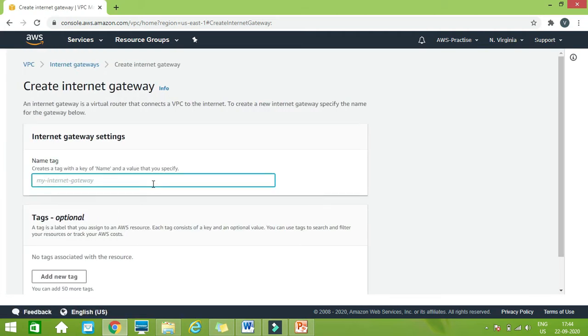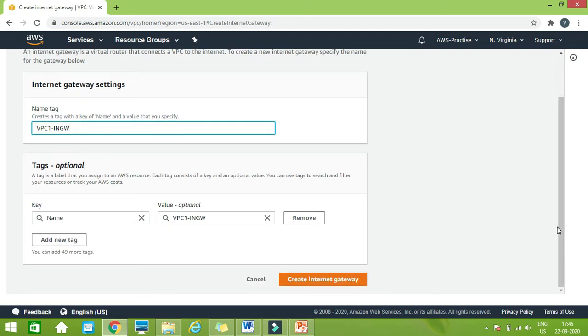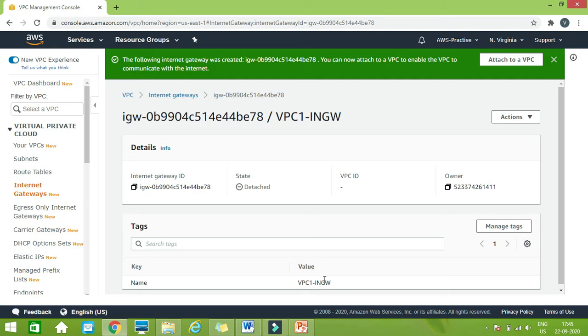This is my VPC1 internet gateway, the name which I have given, and then just click on create. Now we have created our internet gateway, an entry point or communication point to the outside world.